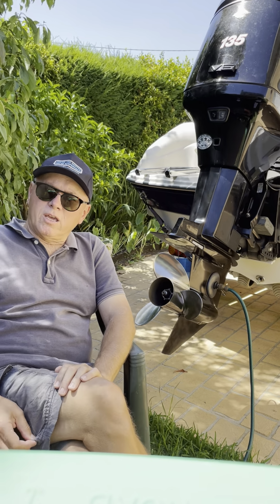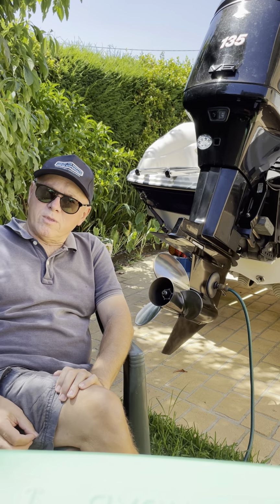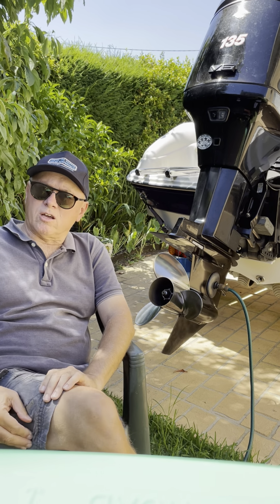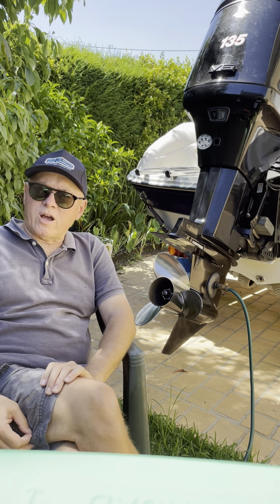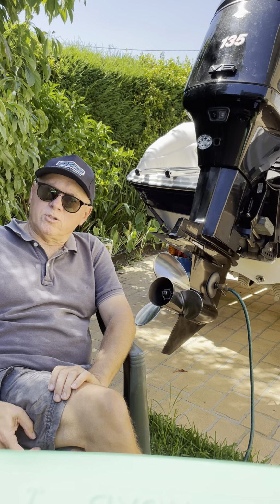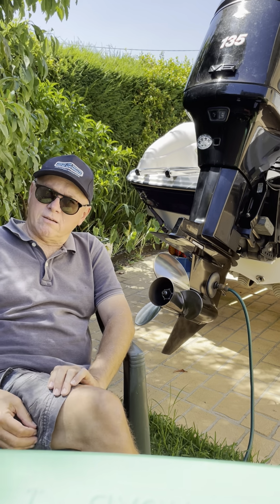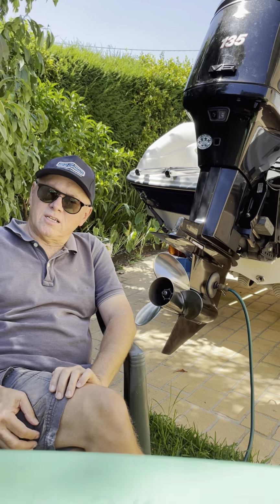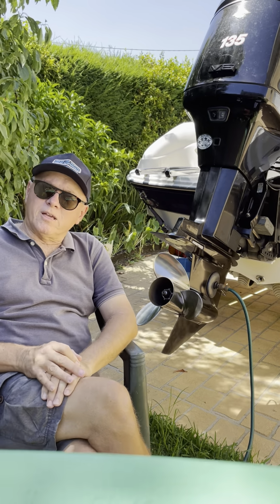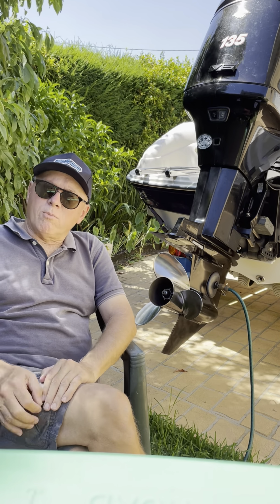Whereas Mercury, because of some pressure from the environmental agencies in the States, there's a lot of engines that run on lakes and stuff in the States, there was a lot of pressure for them to improve their emissions technology back in the late 80s and early 90s. And for those of you who aren't familiar with two-stroke outboard technology, what you might not know is that